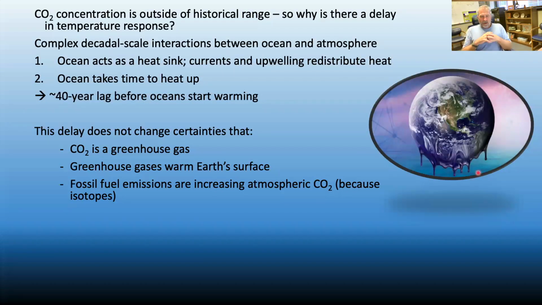So this kind of covers what I talked about previously. But why do we see this lag? This has to do with interactions between the ocean, which is a tremendous sink for a whole variety of things. Okay, it's a sink for carbon. It's a sink for temperature as well. Water provides a huge stabilizing effect on the Earth's surface. It also, again, moves that temperature around. That's part of the mechanism of stabilizing temperatures. But generally, it acts as a heat sink. Remember, we talked about sinks and sources. Okay, so it acts as a sink that then redistributes those temperatures.